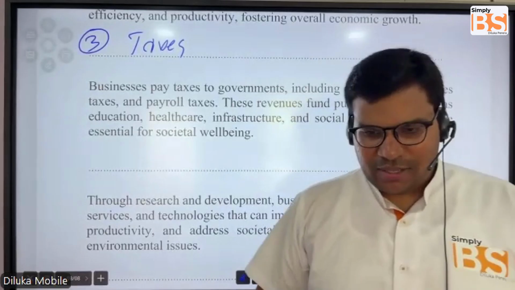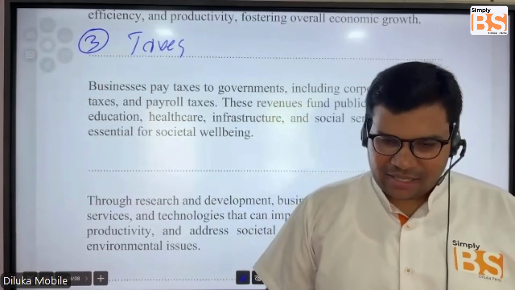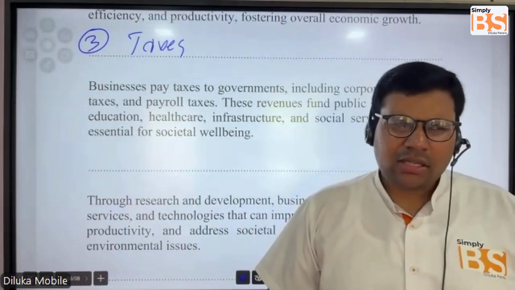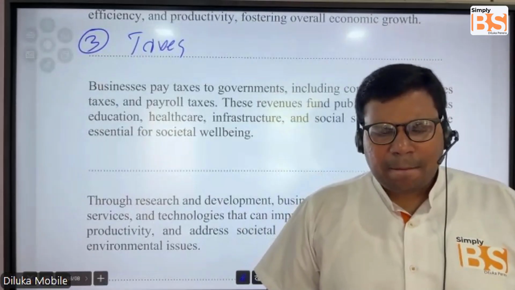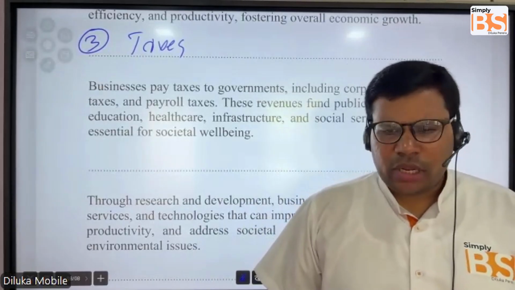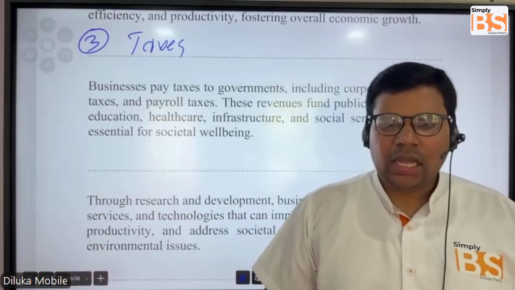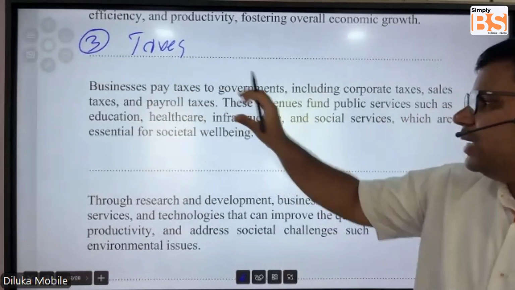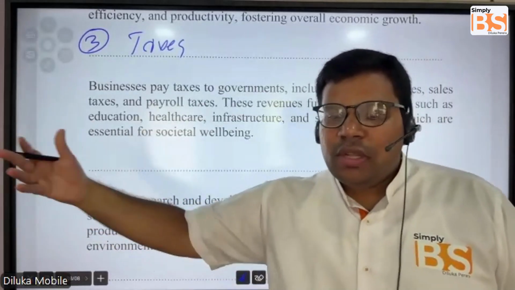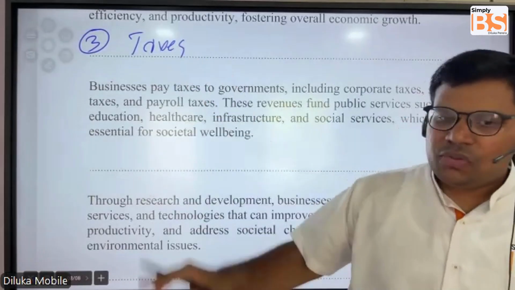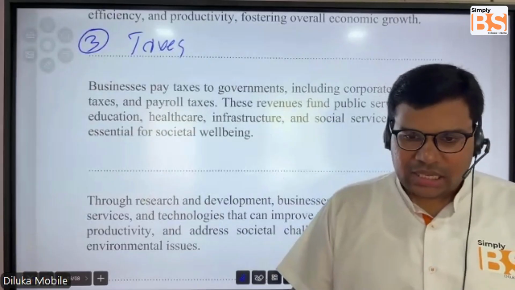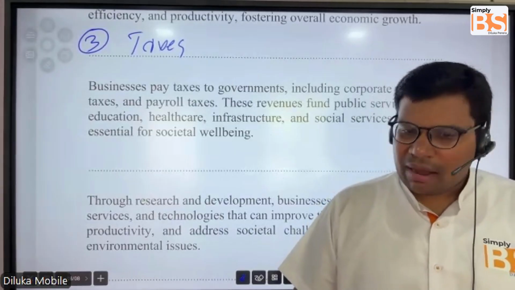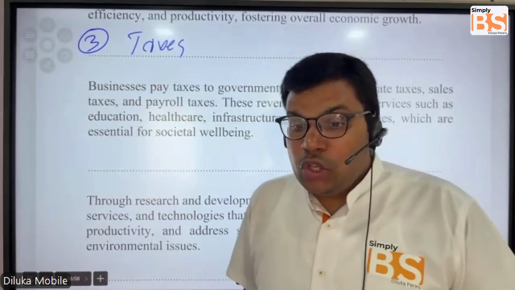When you make profits, from the profits you have to pay taxes, right? Based on the business that you are doing, you will be put into different tax brackets, and based on the bracket, you have to pay the corresponding tax percentage. Anyway, let's look at how this tax revenue, which is collected by the government, is used for the betterment of society. The taxes paid from the profits of businesses are collected by the government, and these taxes will be